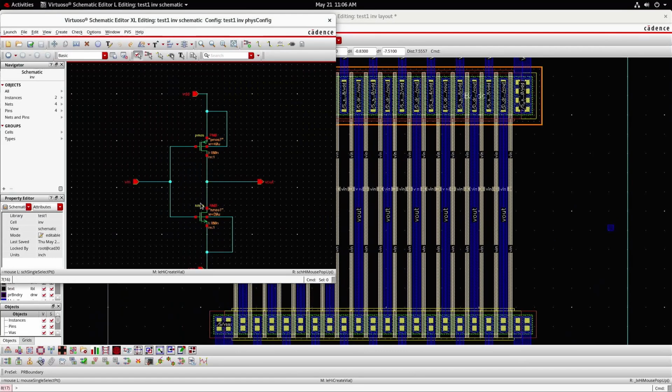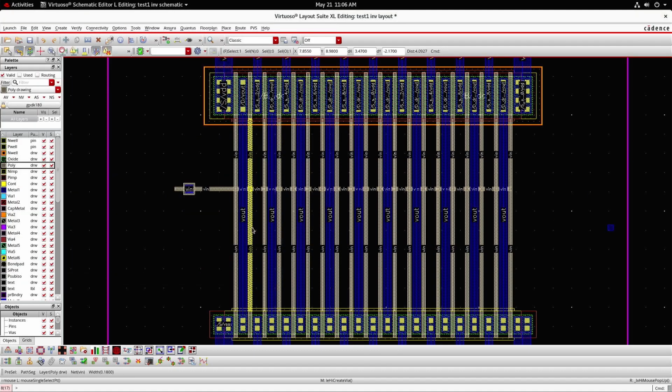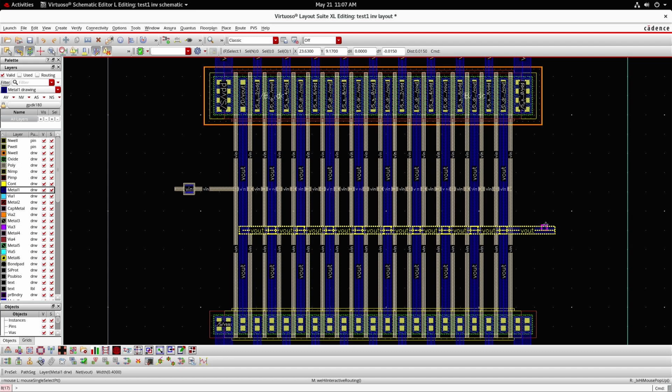Now the shorted drains are to be connected to Vout. That is this connection. To perform that, extend this metal by pressing P. I am extending. On this, if I place Vout pin, the connection is completed. I need not place any via because I am putting a metal pin on a metal line. Therefore, I don't require any via here. Now, the final layout looks like this.